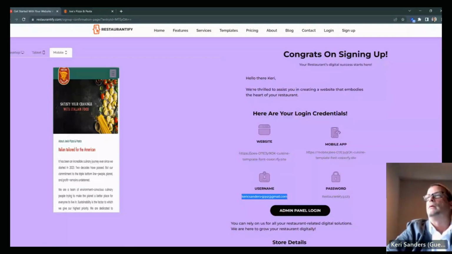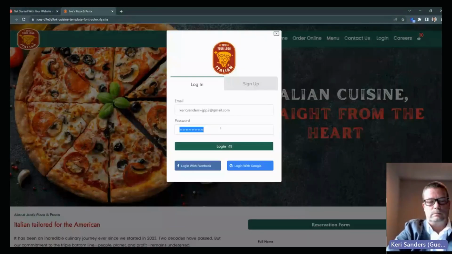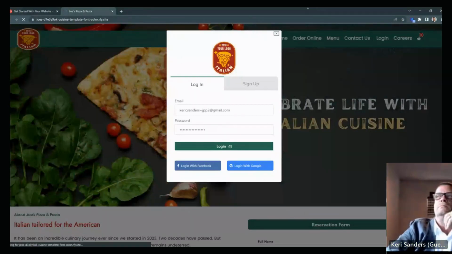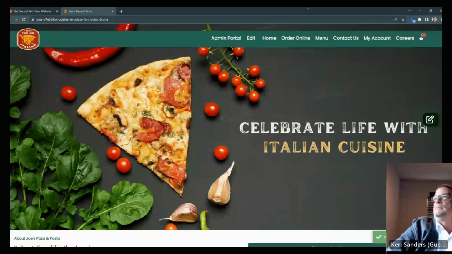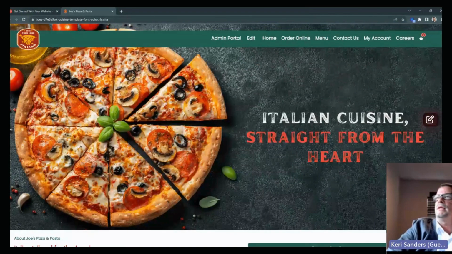And then click login. And then you can log in with Facebook or Google as well. I don't, simply because I have so many test accounts, it makes it difficult. But it is a nice thing to do. So this is still your page. You've logged in. If you click edit here,